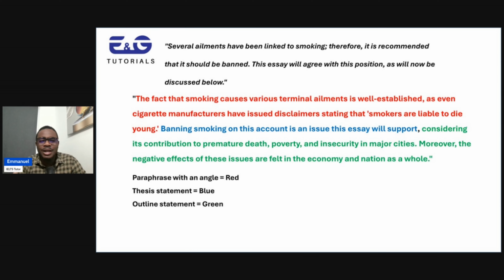So immediately the examiner reads my introduction, he understands what I'm about to talk about. And he will equally know that this person has a proper understanding of the question. So I'm not losing marks on that marking criterion called off topic. My marks will be intact. And then he will start reading, he'll start judging me based on other things. But I've carried out my first assignment, which is what we asked you in the question.